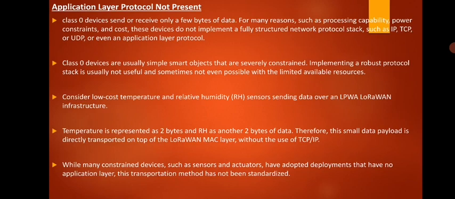The class 0 devices are usually simple smart objects that are severely constrained. Implementing a robust protocol stack is usually not useful, and sometimes not even possible with the limited available resources. For example, with a very basic kind of mobile, if you try to install the latest version of Android, how will it behave?